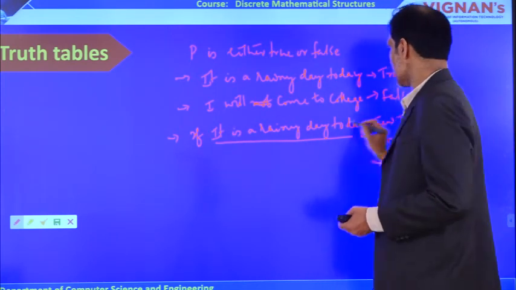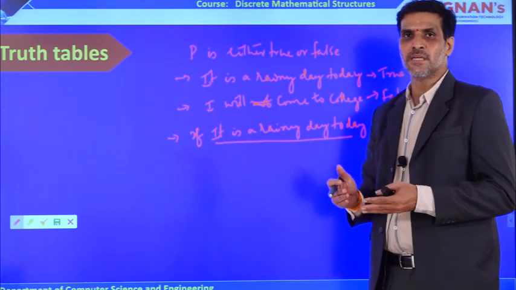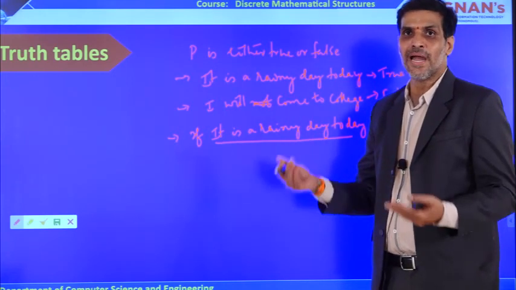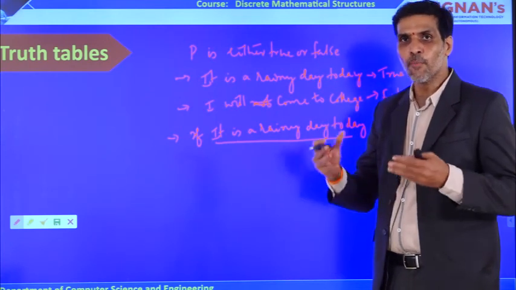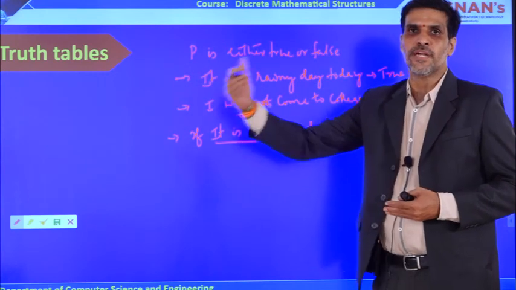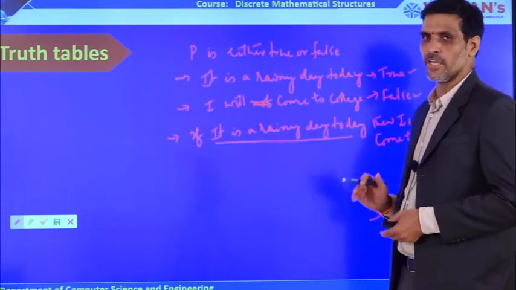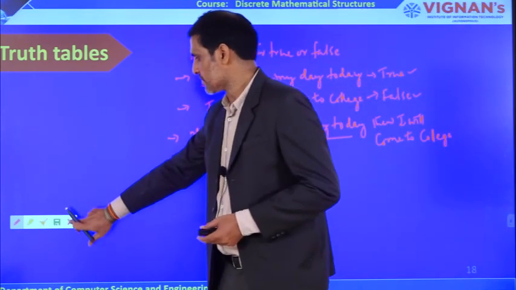You should know the truth values of implication, because I am using if and then here. When you combine two sentences by using the implication, when will it be true and when will it be false? So, to know the truth value of compound sentences, we have to go for the truth tables of each logical connectivity. That is the importance of the truth table. So, let us try to understand the truth table.